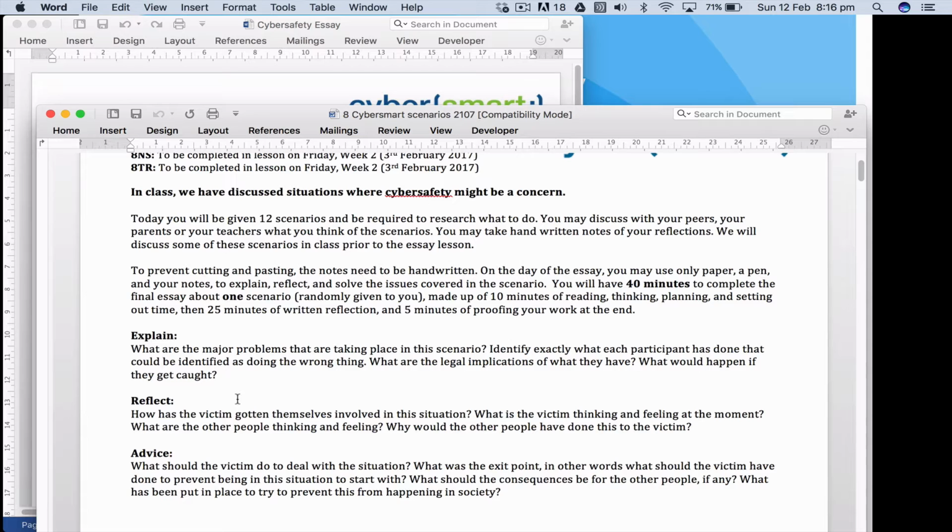And the exit point is obviously lock their computer. The other one might be when she walked back in, before the person had a chance to delete the work out of the recycling bin. First of all, don't do it to start with, but speak to the friend. In other scenarios, there's no exit point. Like if you've got someone who is just bullying you online, the exit point for you might be go and speak to an adult. This is for the students, obviously, or contact the police, depending on how serious it is. Sometimes it's just a once-off thing that's happened and you have to deal with it. So you didn't have an exit point.